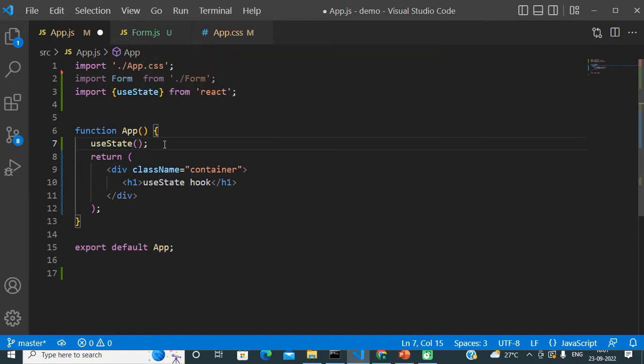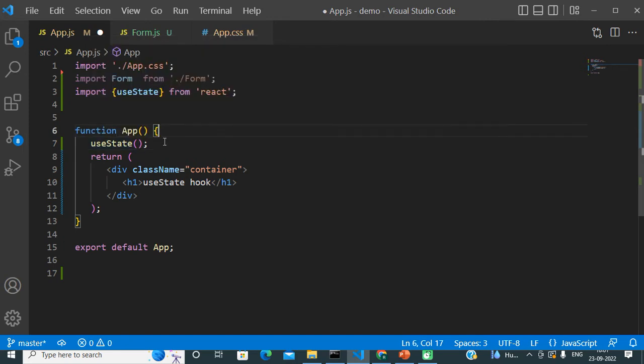We need to call this function inside of our main component function. This is the App component, and this function App is actually the main component function. So we have to call the hook inside of this main component function, and it should be on top.